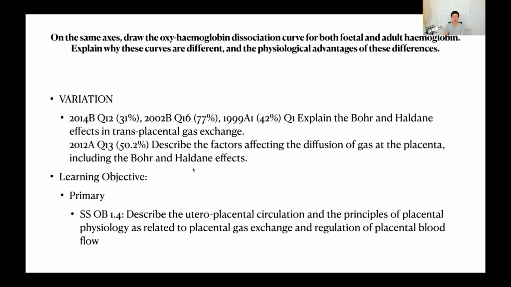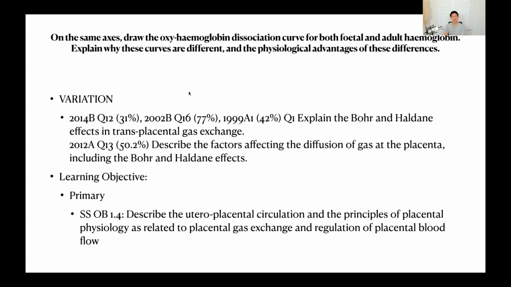Whenever there's a question asked about the Bohr effect or factors affecting diffusion of gas across the placenta, it always seems to have a fairly high pass rate. So 31%, 77%, 42%, 50%. So it would probably be considered, I think, hopefully one of the easier questions to do, because the